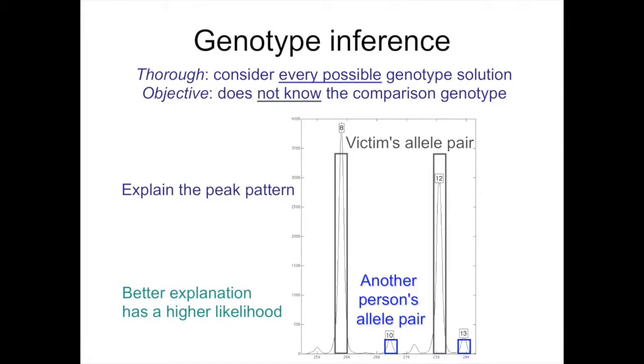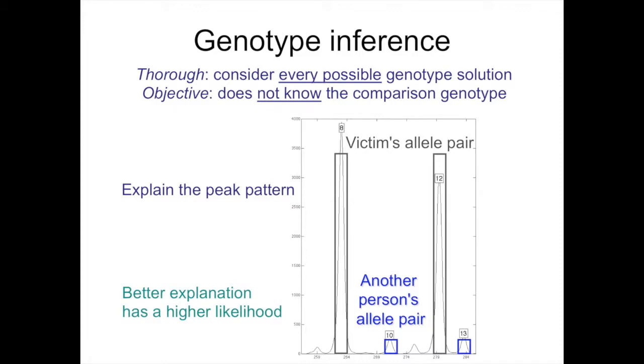a positive truncated multivariate normal, it compares the heights of the proposed pattern relative to the heights of the peaks, along with the variances that it's calculating. These data are count phenomena, so the variances are scaling with the heights. The amplification is actually counting up the DNA. Better explanations visually, you can see a better, like in this one, very good comparison between those colored bars and